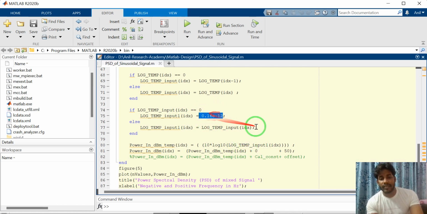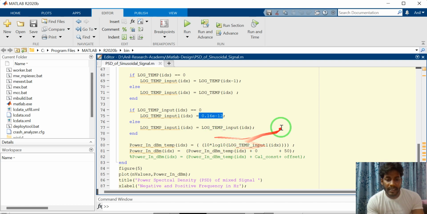Okay, in this way we can resolve the undefined logarithmic data. Okay, in this way we can perform power spectral computation on FFT data,